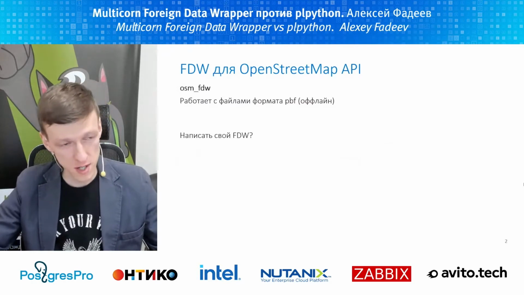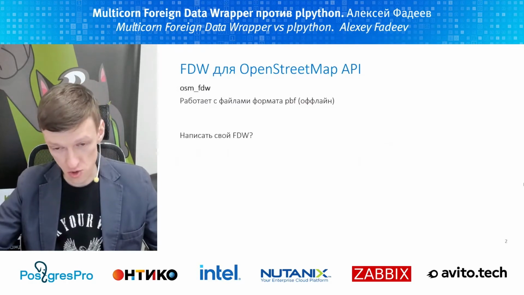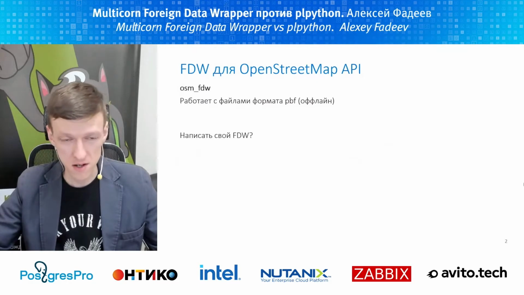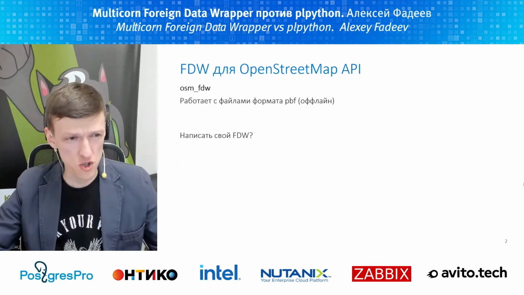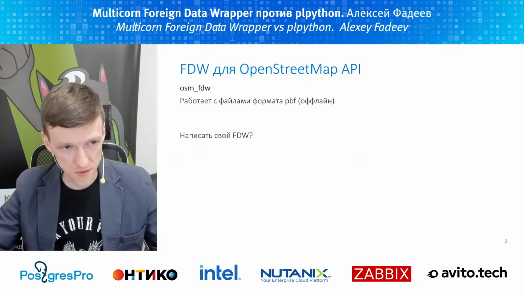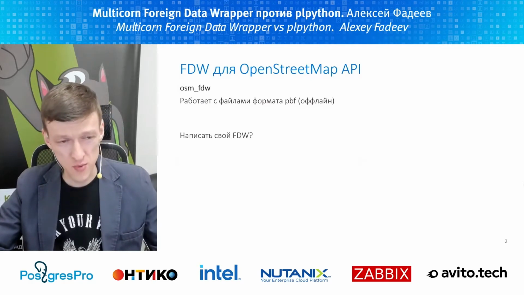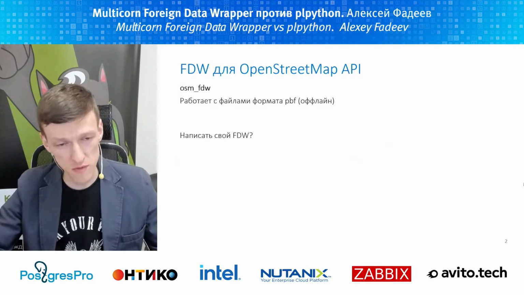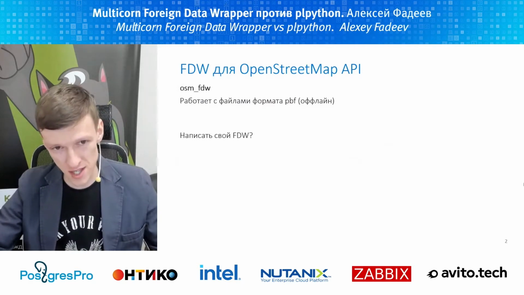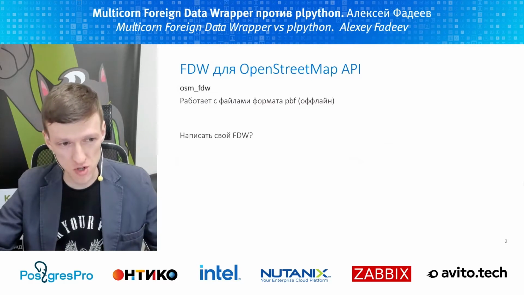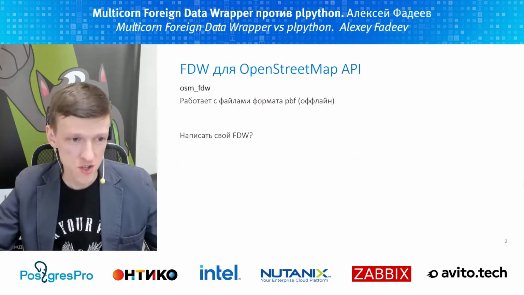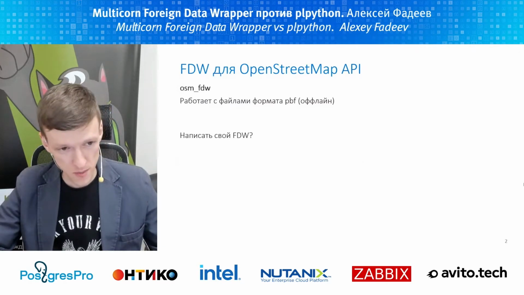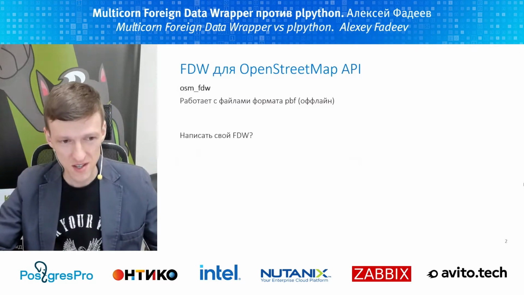One of the goals was to get access to an API. I started looking to make sure there is an FDW available, because there are a lot of them in the community, but all I could find did not work with an API. It worked with a file. You need to download the file offline, and you will not get all the data but a limited area, which is not good. You can certainly develop your own foreign data wrapper